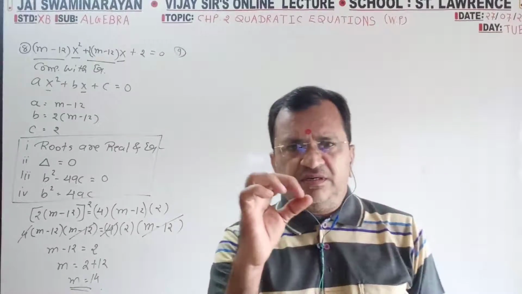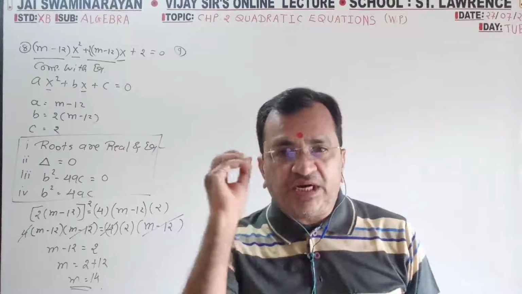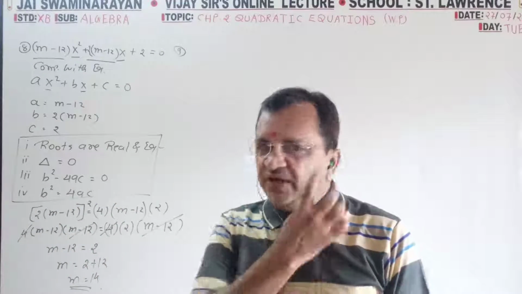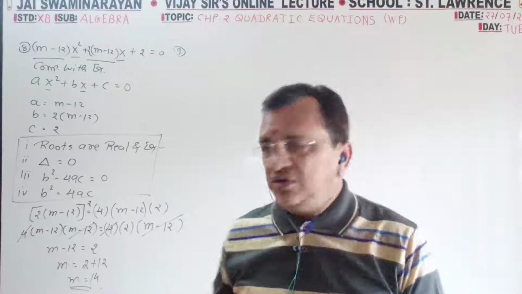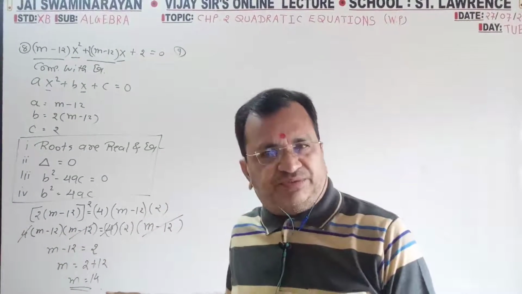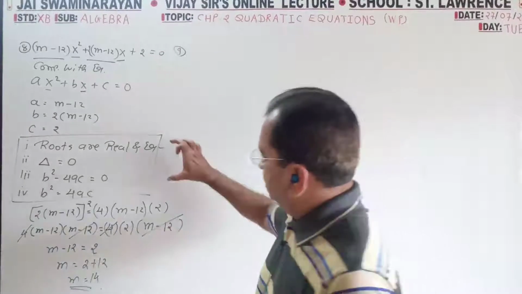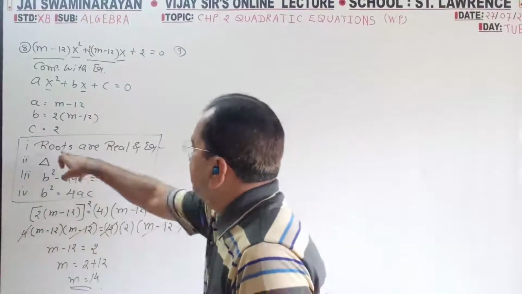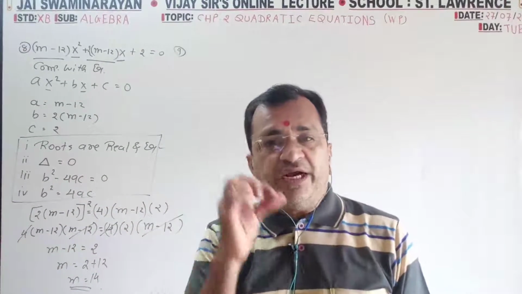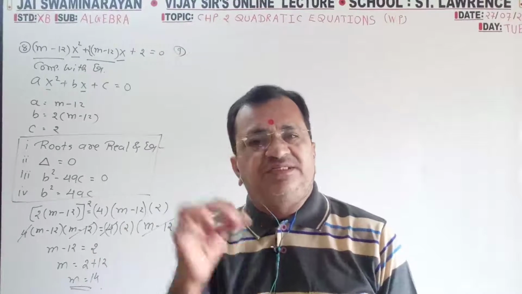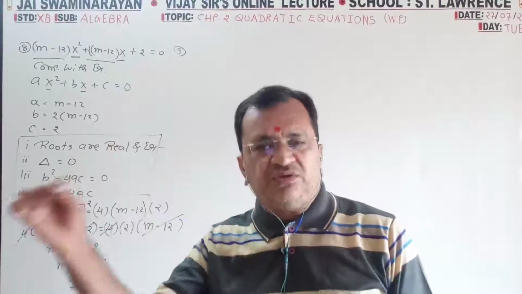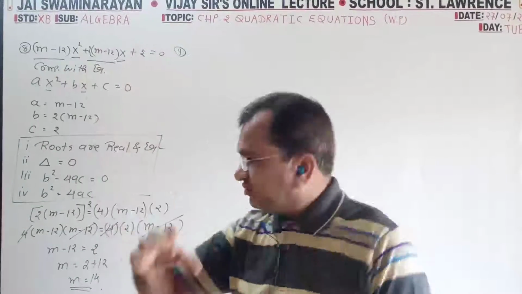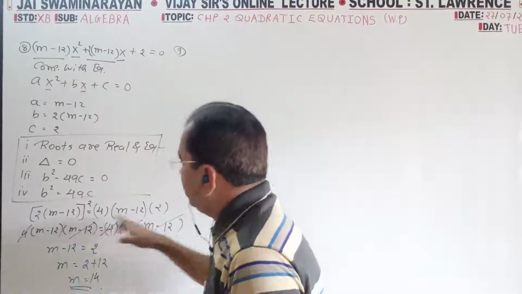This problem is very important, and see, without opening the bracket I have completed this and got the answer very simply. If you check with the digest and the unique, it takes double the number of steps. So this is the best way, and these four are the standard steps for when they ask for real and equal roots. Write: roots are real and equal, therefore discriminant is 0, b square minus 4ac is equal to 0, b square is equal to 4ac. Write these for any question. Then come again to the question, take a, b, c and substitute.